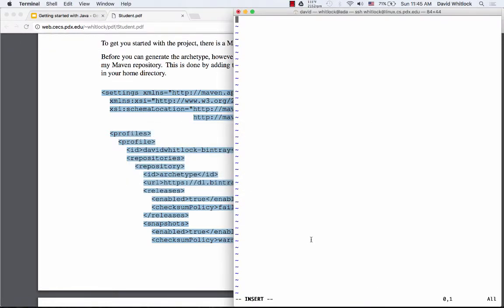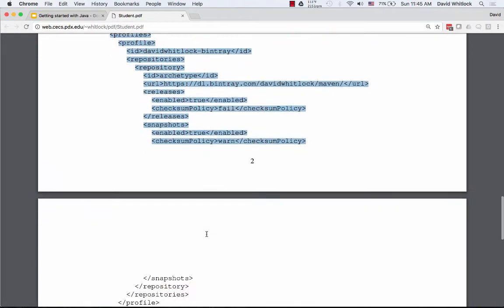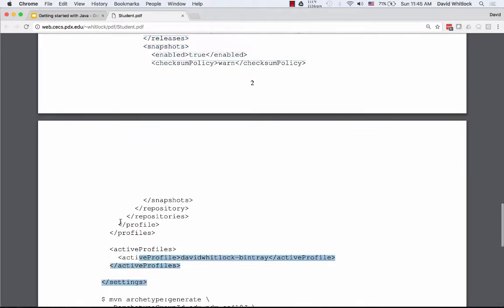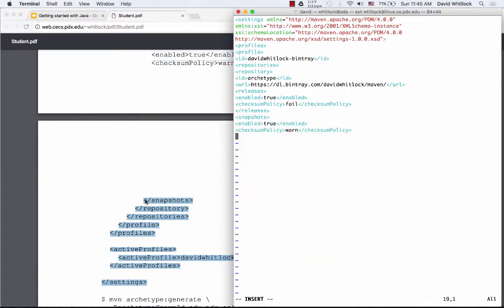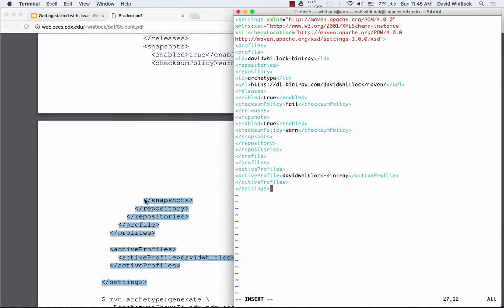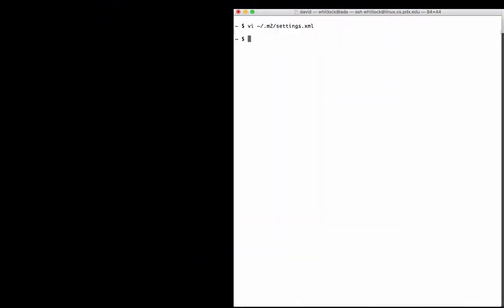But anyway, basically what you're telling it is you create something called a profile, and that doesn't indent the XML very nicely. And you create something called a profile, which will be active by default. This says, when you're looking for artifacts, look in Dave's repository too, in addition to the standard ones. So I'm going to write that file out. And now, when I run my Maven command again,